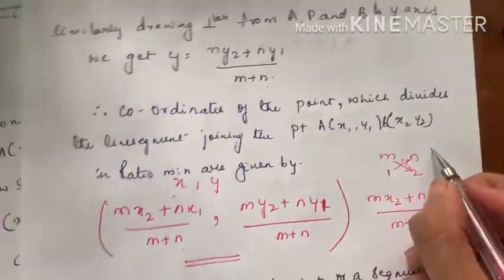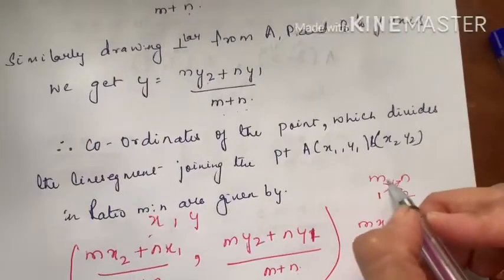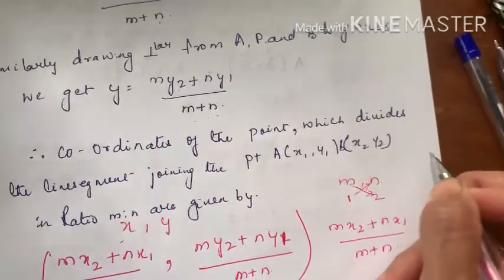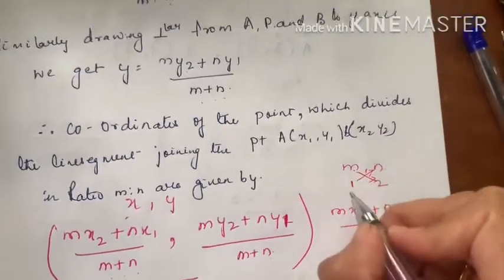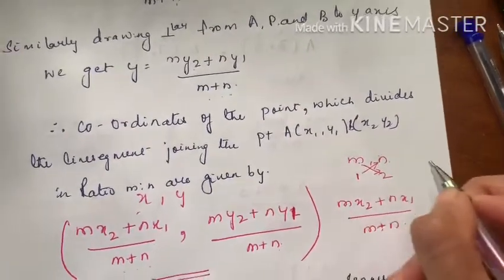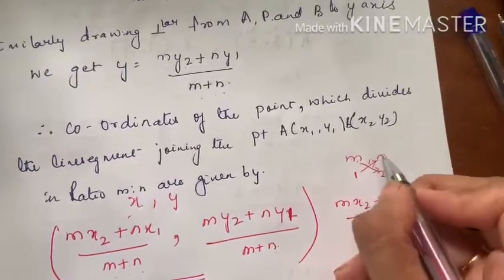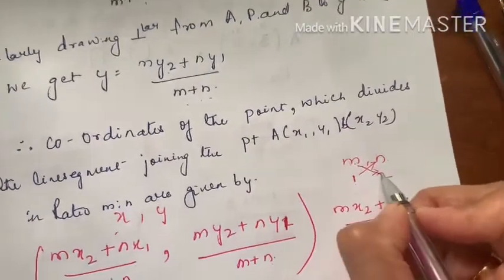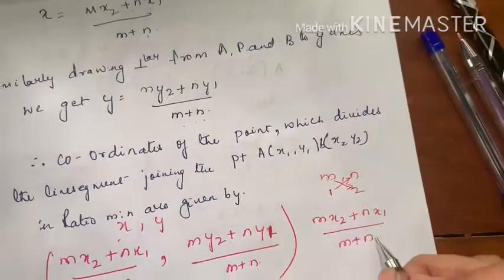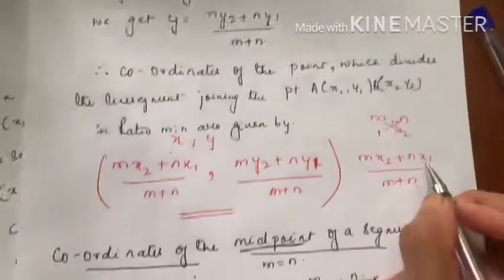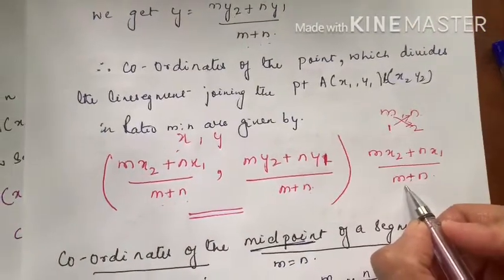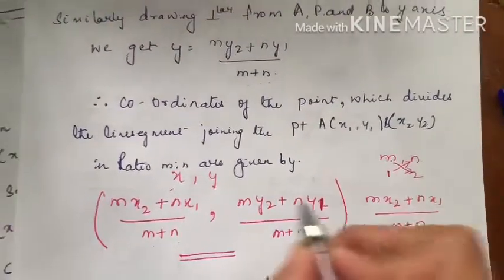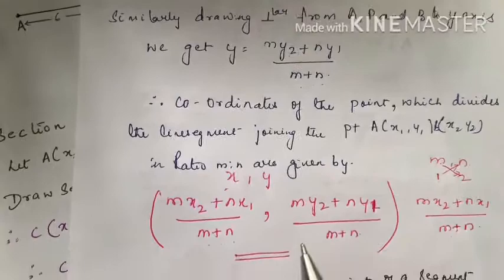If you are getting confused, I'll tell you a shortcut to remember. We know in the alphabet n comes after m, that is m, n, o, p. And in numericals it comes 1, 2 and so on. So just cross multiply: m and n, 1 and 2. So whatever is with m, x2 plus nx1. In case you write it the other way around, it will go wrong. The same way you can write it for the y term also. So I'm sure, dear students, you will never forget this. This is an easy formula which you have to remember.